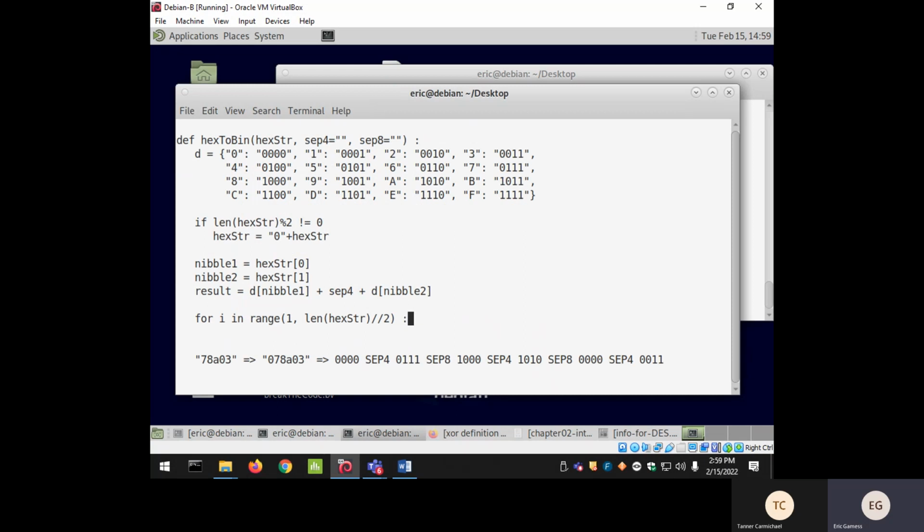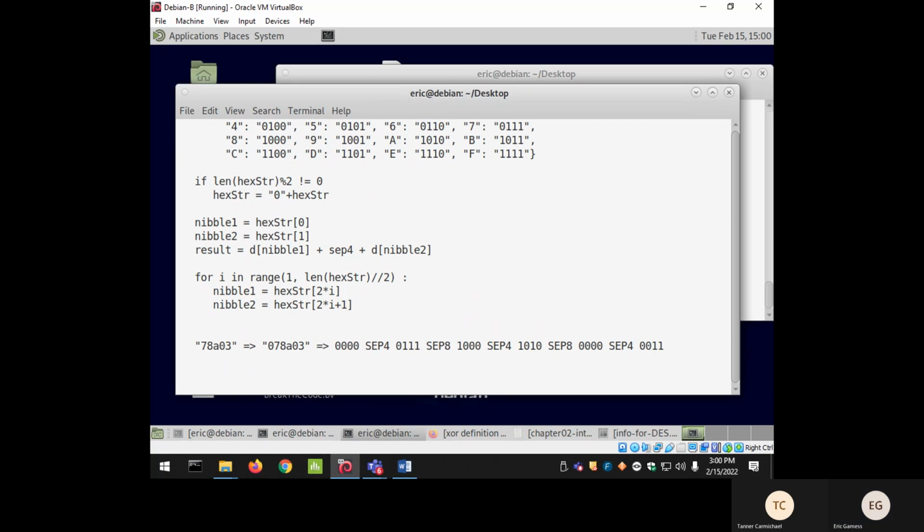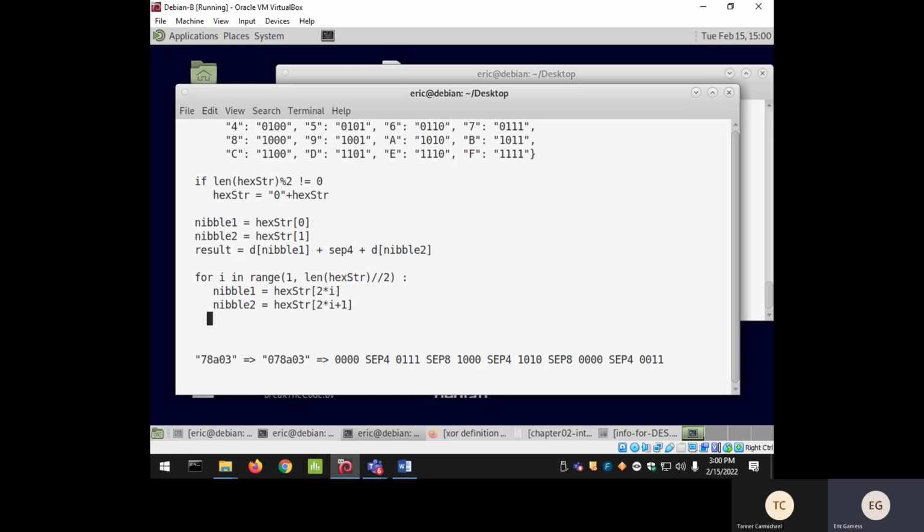Okay, so here I can compute my first nibble, nibble 1. It will be what? Hex string of what? I, isn't it? And nibble 2, which is the second hexadecimal digit, will be hex string of 2 times e plus 1. And what should I do? I need to update result. So result will be what? The concatenation of the previous result plus,